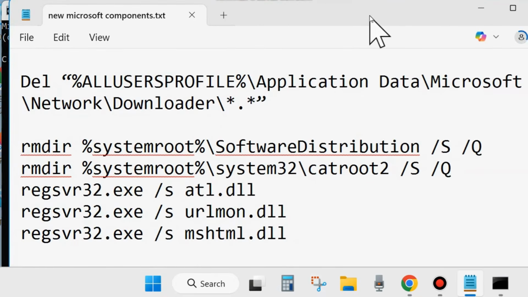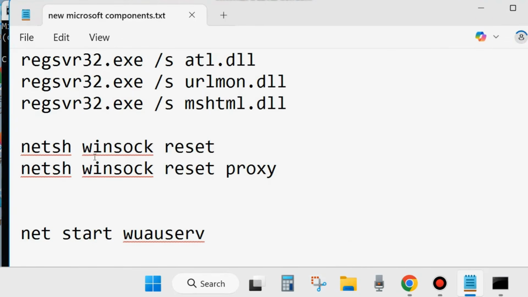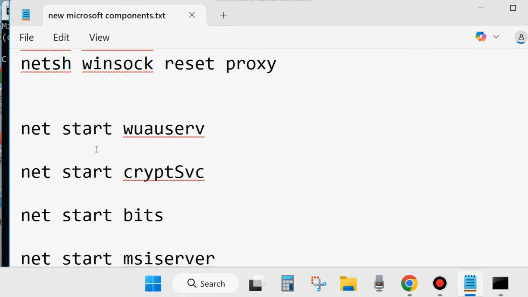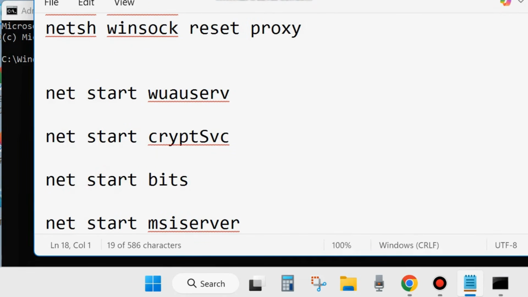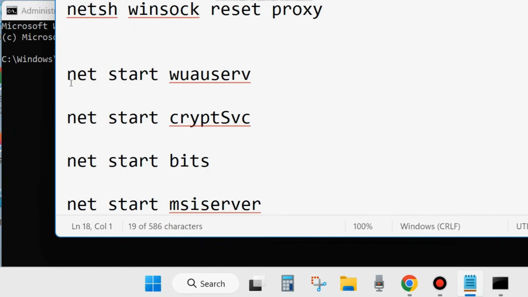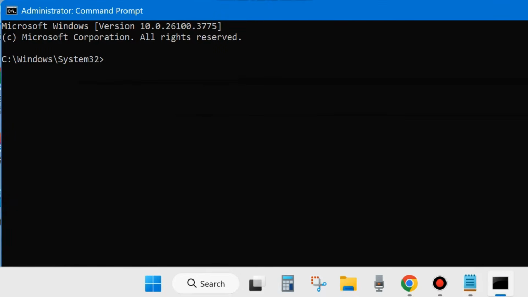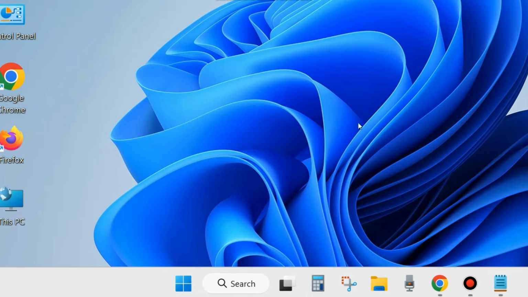And thereafter execute these Windows Update components. All this command path will also be available in my video's description box. You may copy from there. Execute all these 4 commands one by one to start all those 4 services you have earlier stopped. So now start it. After that, close the command prompt windows and check whether your Windows Update error